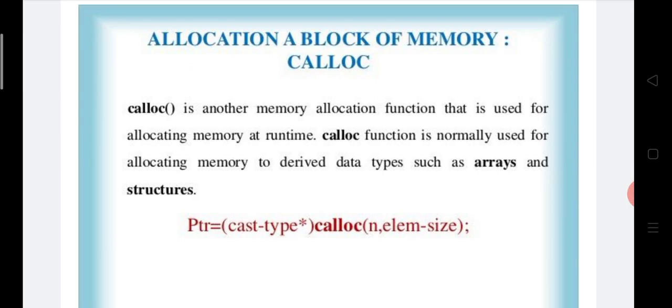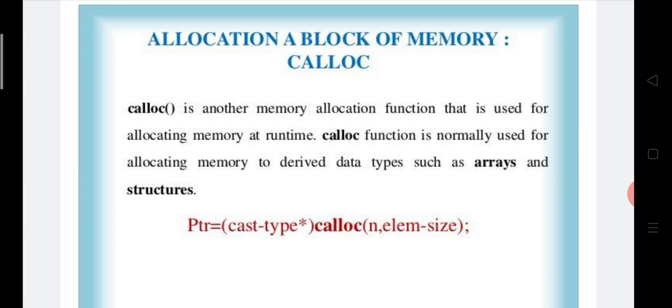Allocation of a block of memory, which is called calloc. Calloc is another memory allocation function that is used for allocating memory at runtime. We already discussed malloc; this also allocates memory at runtime. The calloc function is normally used for allocating memory to derived data types such as arrays and structures.